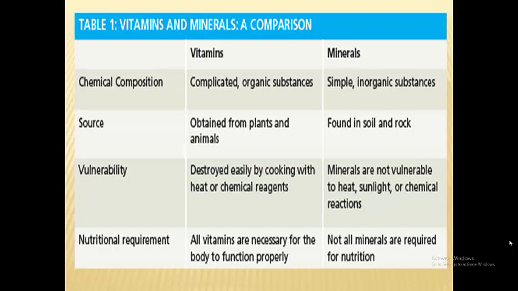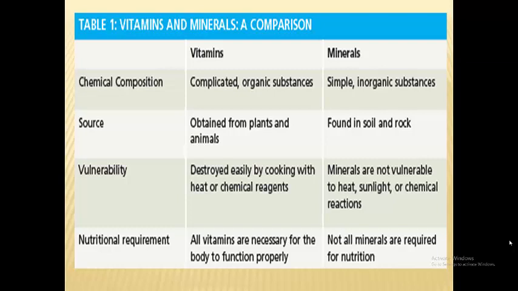Then animals eat the plants. We're an animal, maybe we eat the plant, and that's how we get the minerals. Maybe a cow ate the plant, and it got the minerals, and then we ate the cow, and that's how we got the minerals. So when they say found in soil and rock, they're saying that minerals are of the earth, and that all plants and animals capture them. So vitamins and minerals, let's just simplify it, are everywhere.